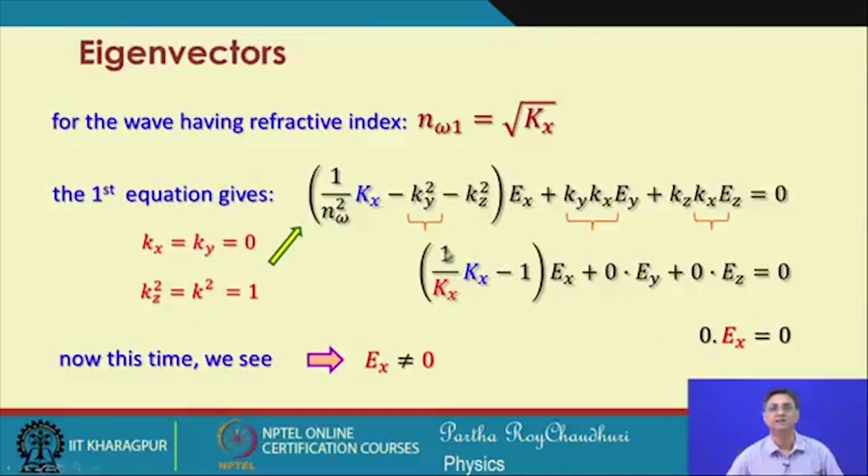As a result, this quantity is 1 minus 1, which is equal to 0. So 0 into E x is equal to 0. That means E x is not equal to 0. So, therefore,